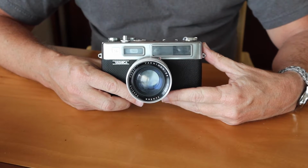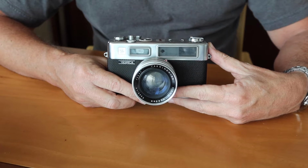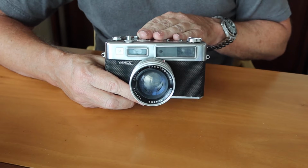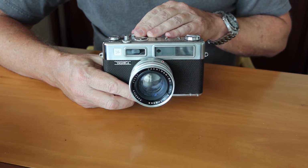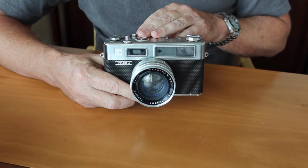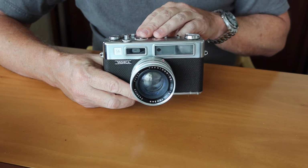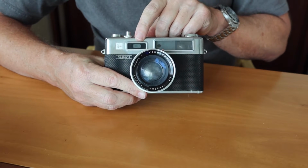It was introduced in 1966 and at the time was the most advanced camera in the world. And what made it so advanced was its brain, which is what Yashica called it in their marketing material. Yashica was able to construct a very simple, I don't think I can call it a computer, but an electronic exposure control system which utilized a number of transistors, which took the light signal from the cadmium sulfide light meter